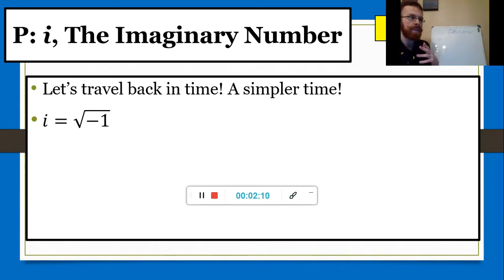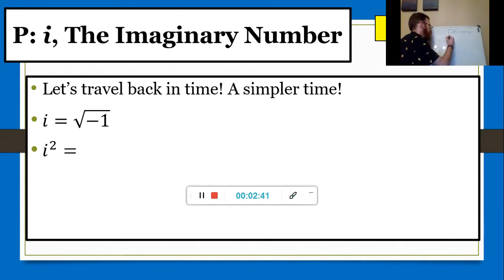But we want to say that i is the square root of -1 because 1 is the most common, easiest number to do this with. Some people might also ask, why are we doing square roots of negative numbers in the first place? Well, math works because this works. Now, if we have something that's i squared, we can see that